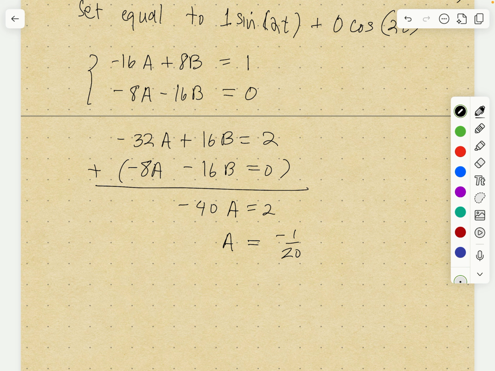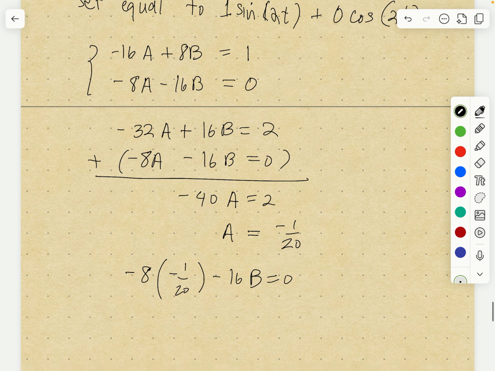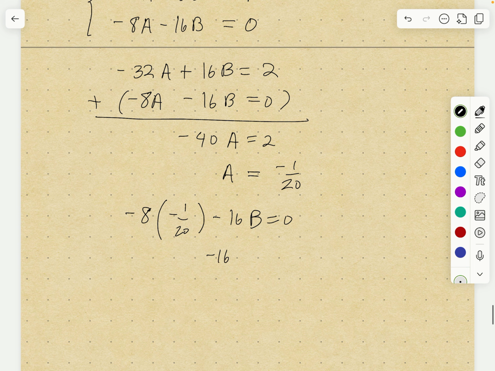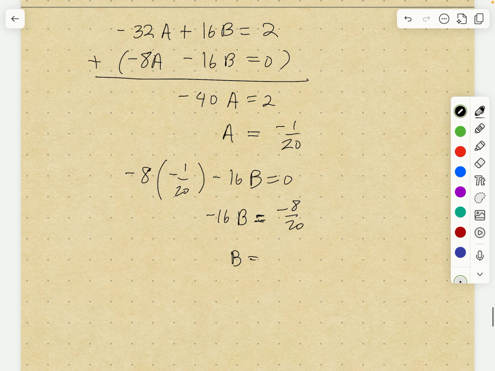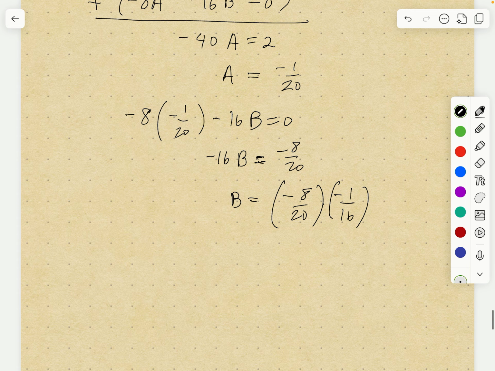Then when I substitute into either of the equations, let's plug it into the second equation. So I get negative 8 times negative 1 over 20 minus 16b is 0. And that's negative 16b equals 8 over 20. No, negative 8 over 20, right? And then I divide by 16, so I get negative 8 over 20 times negative 1 over 16. And I can cancel out the negatives, and then 8 over 16 is 1 half, so I get 1 over 40